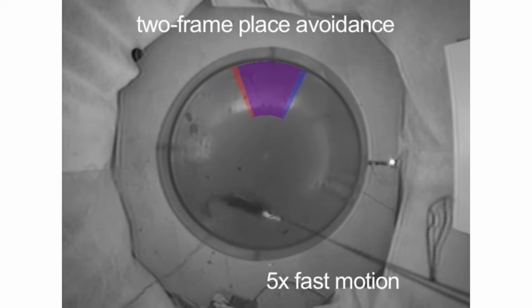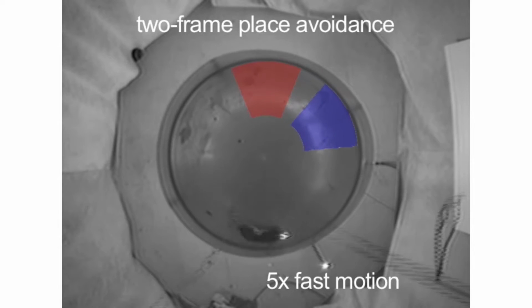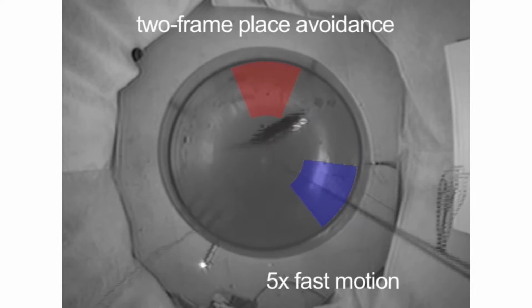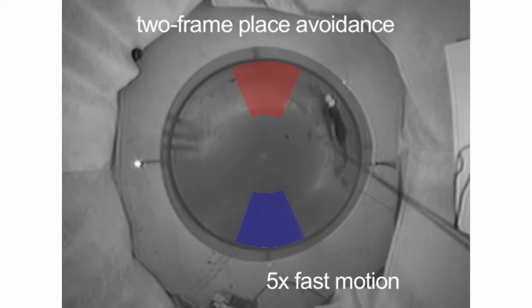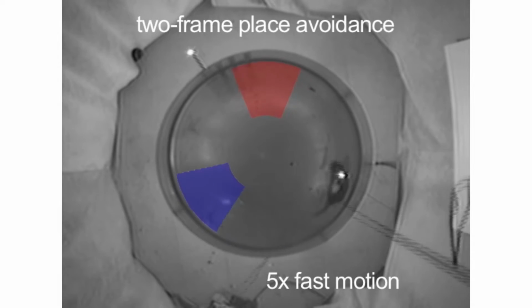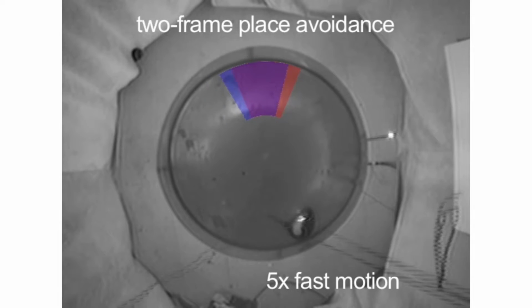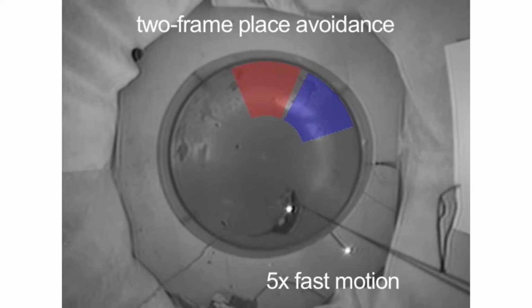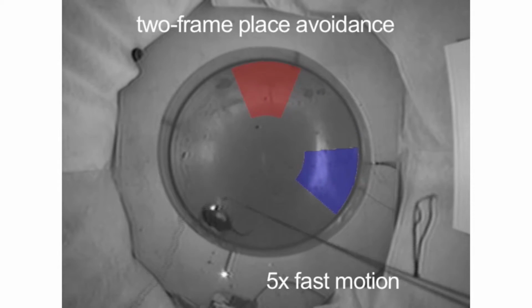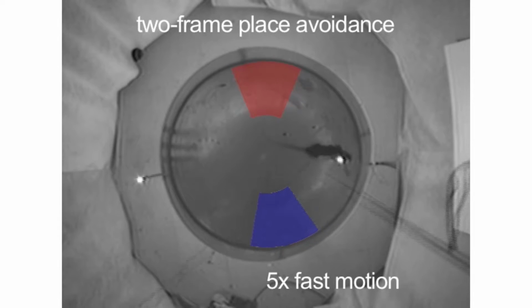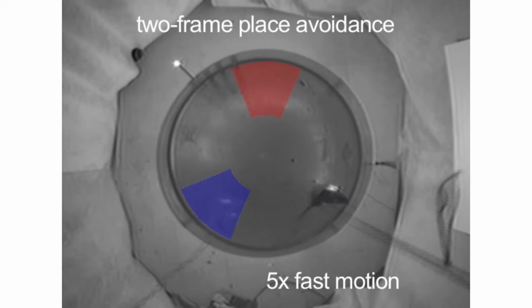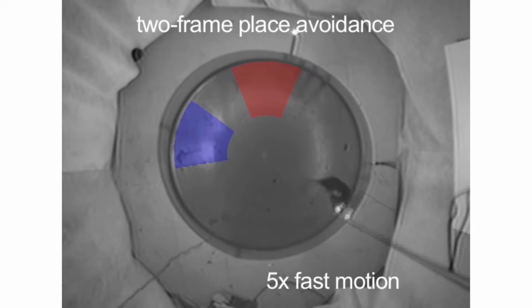And the blue space is rotating with the arena, so the computer is able to track where the animal is with regard to a particular part of the room, as well as where the animal is with regard to a particular part of the floor, and the rat's very capable of avoiding these two places, if you will, that are definable simultaneously within two spatial frames.